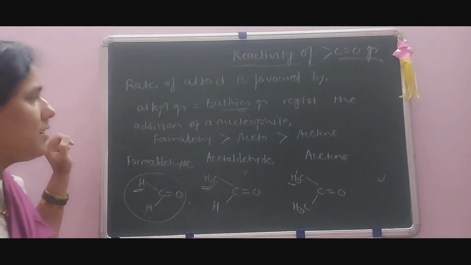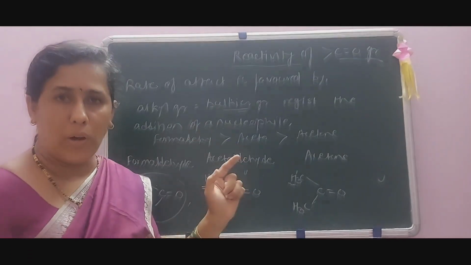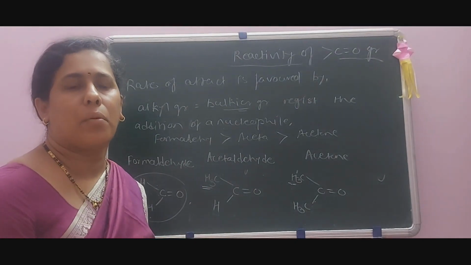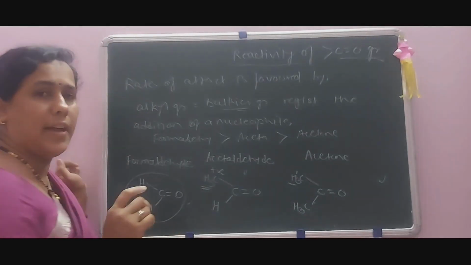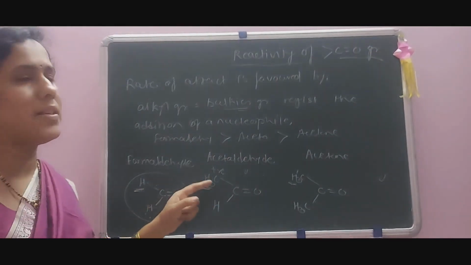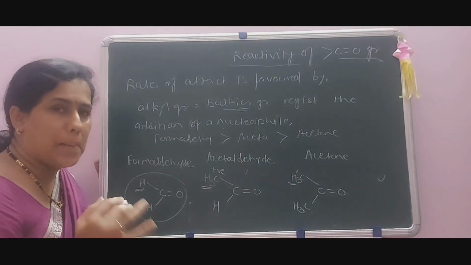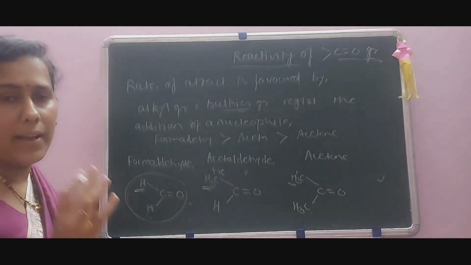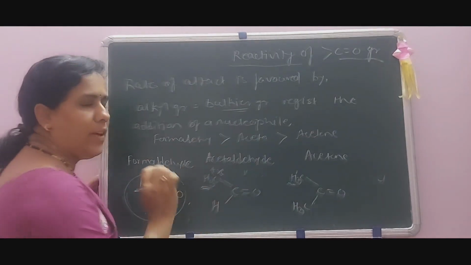Okay, what is the short trick here? As the number of bulky groups increases, they resist the attack of a nucleophile on the positive center, that is, the electrophilic center. Therefore, they lower the effect of a nucleophile, and such a species is less reactive. But when the electron releasing groups are absent, that center is free for the attack of a nucleophile. Therefore, formaldehyde is more reactive than acetaldehyde, than acetone.